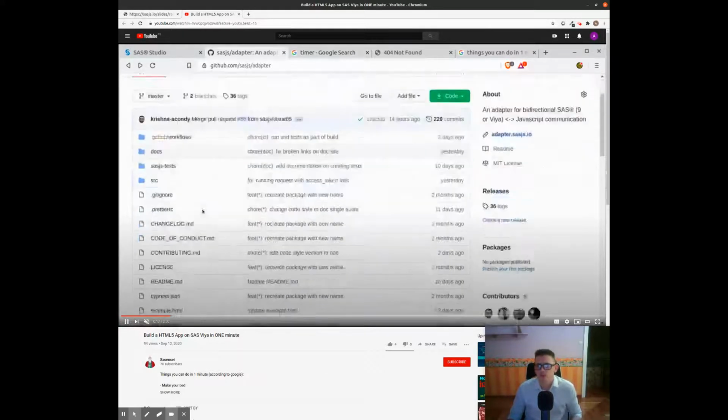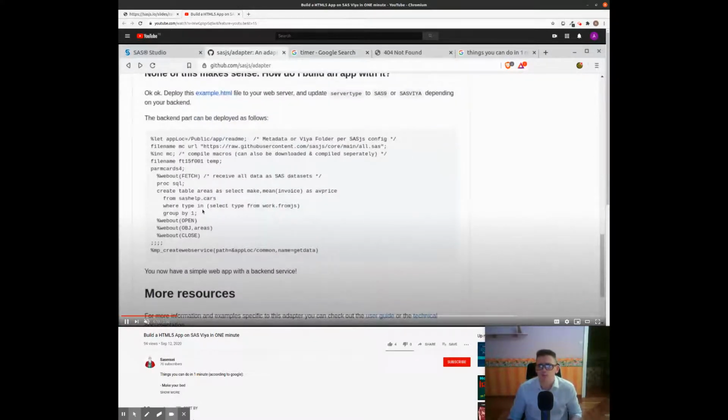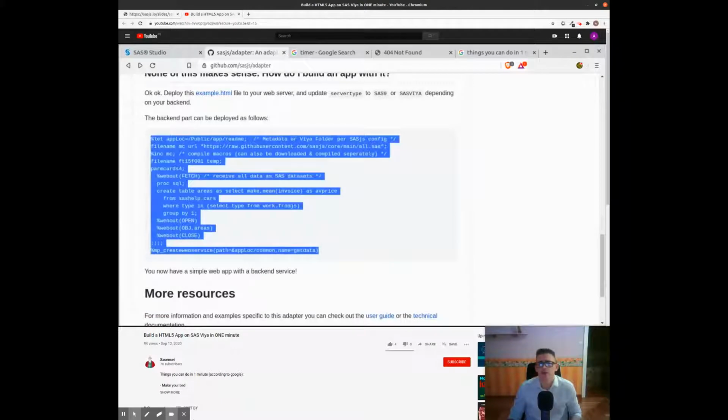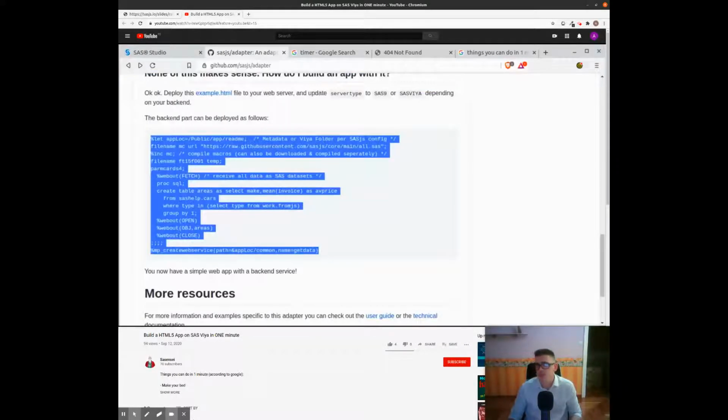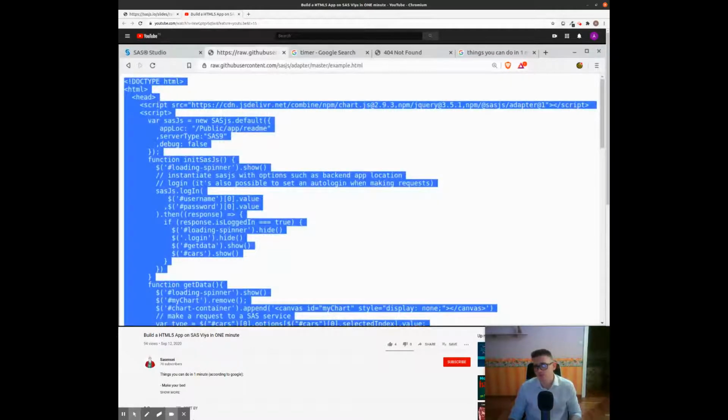So the first thing is we go to the adapter GitHub repository and copy the code from the README and paste it into SAS Viya. We change the app loc to the location we want the services to be created. And then we kick that off, and then we go back to the GitHub repo and